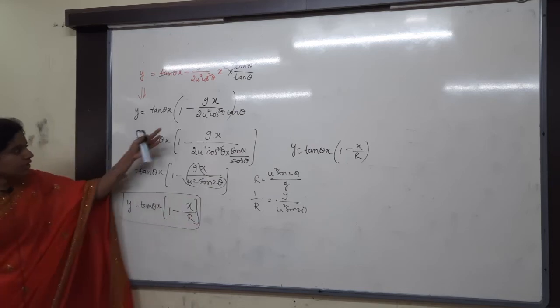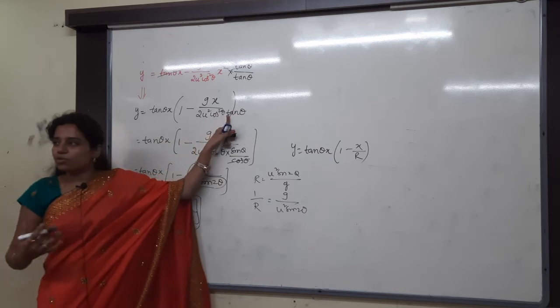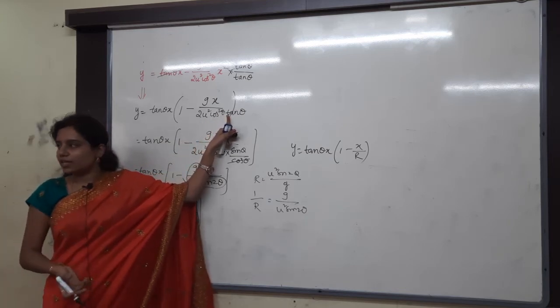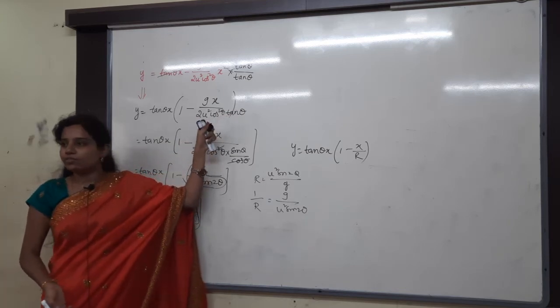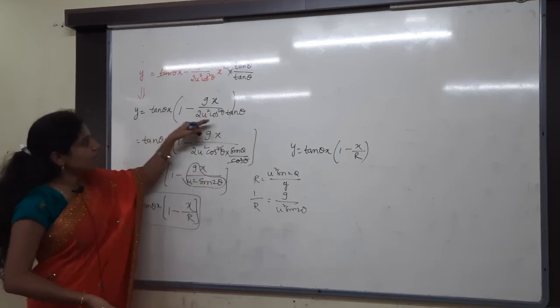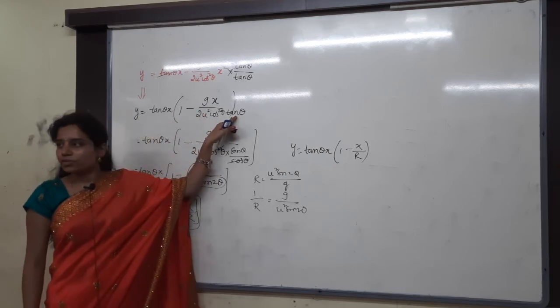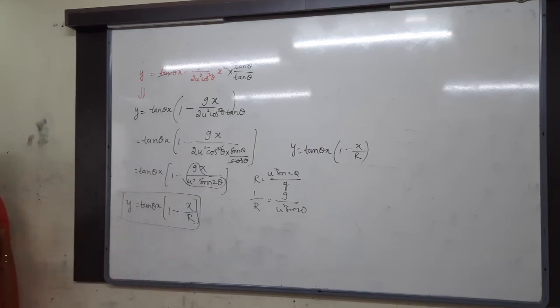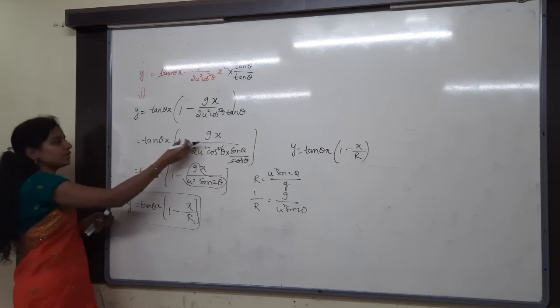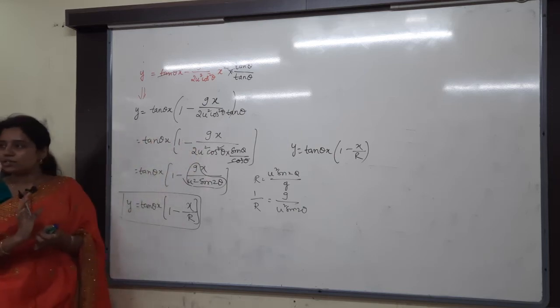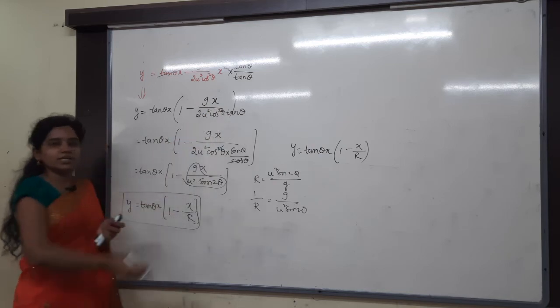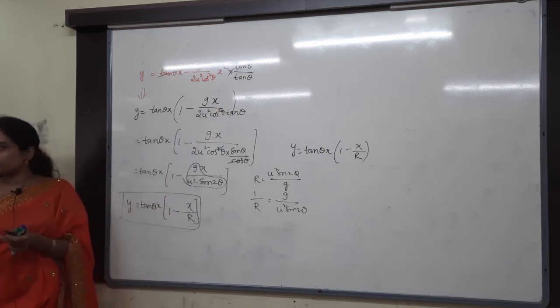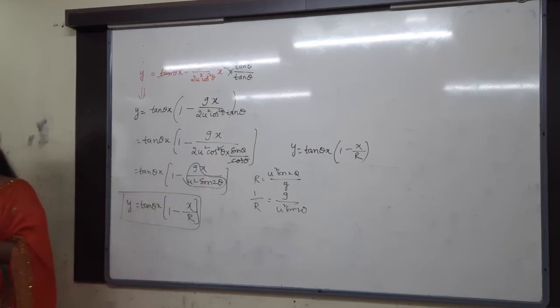Whoever got till here, you have to think more. What you can do with tan theta again, what you can cancel here, that and all you have to do. Somebody has taken common and then they have stopped here only. You have to think further. I said already you have to get the answer in terms of range. So how can I get the range from here? Here 1 is there, no chance to get. Here only I can do something to get the range, like that you have to think. Okay, be interested to do the problems always.